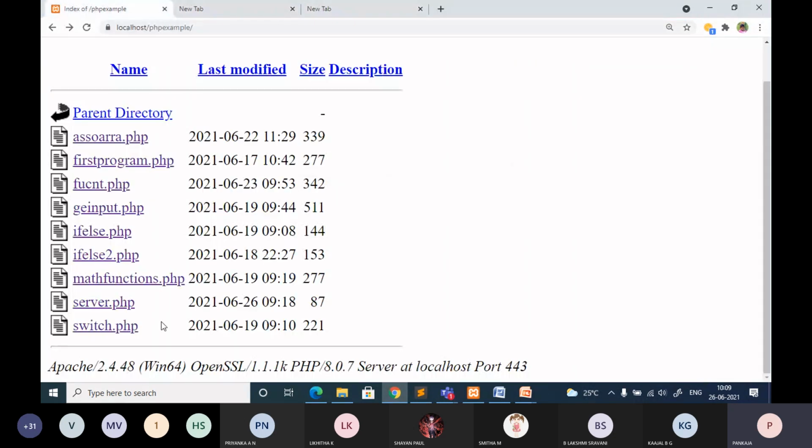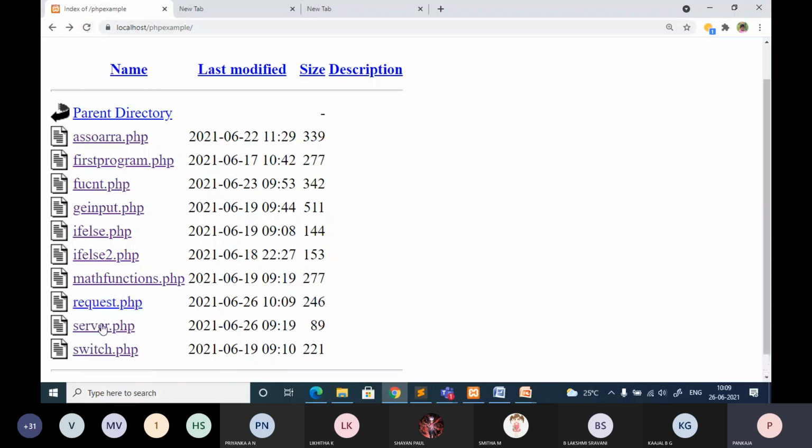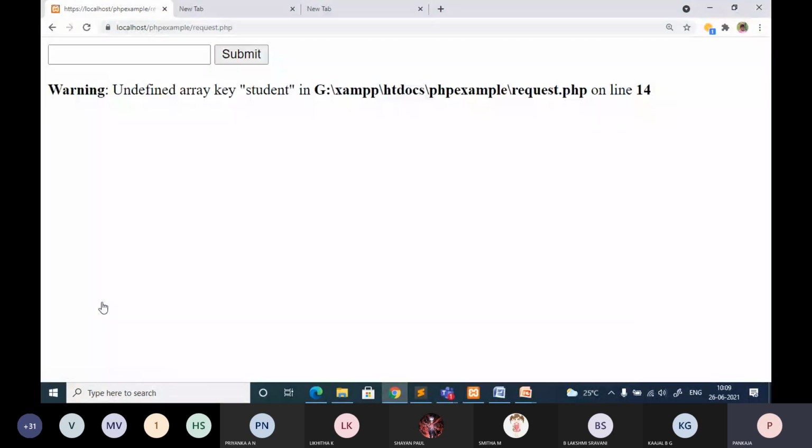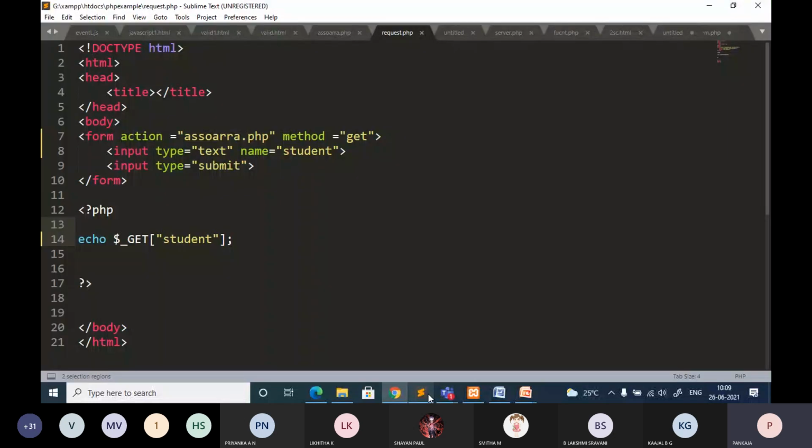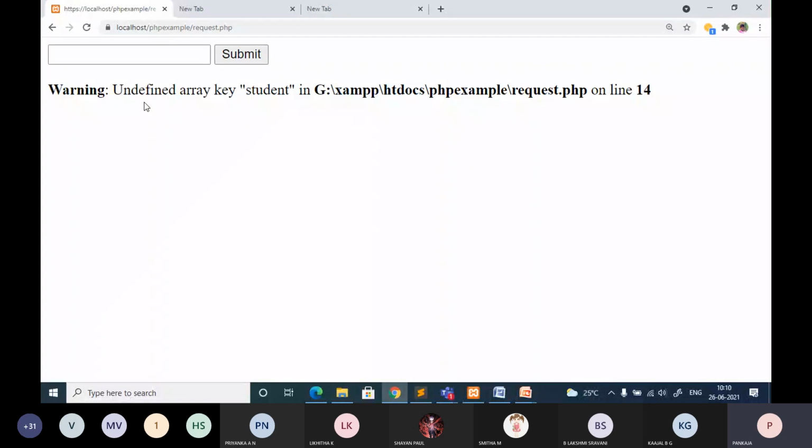Let me go back here and refresh. So you can see my file, request. There is an error. Read the error: undefined array key student.